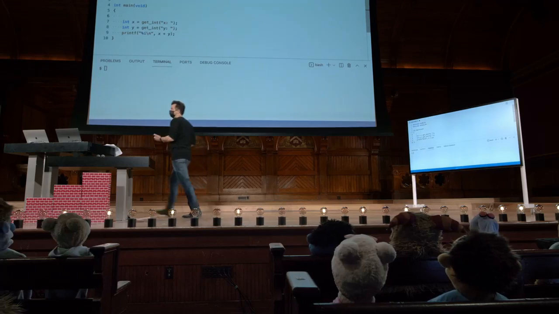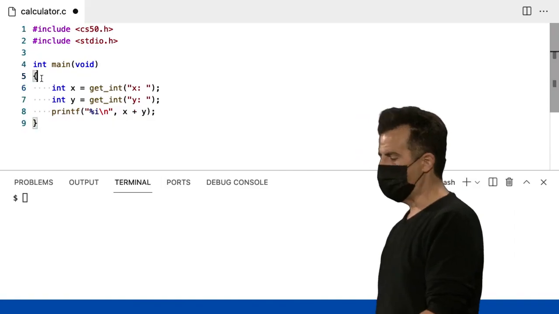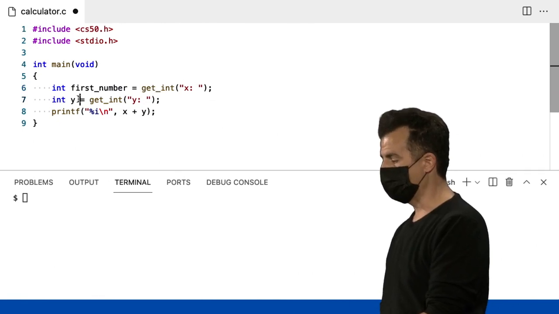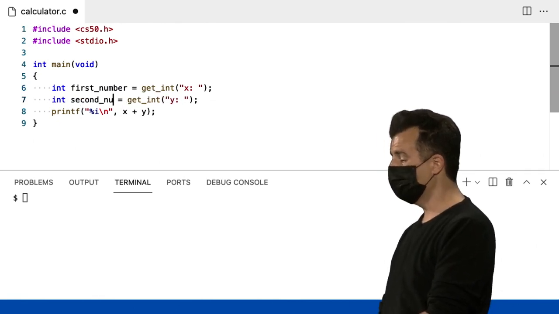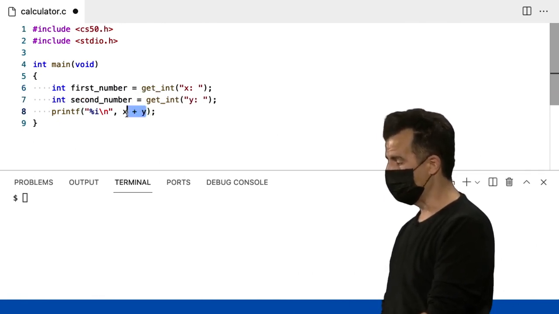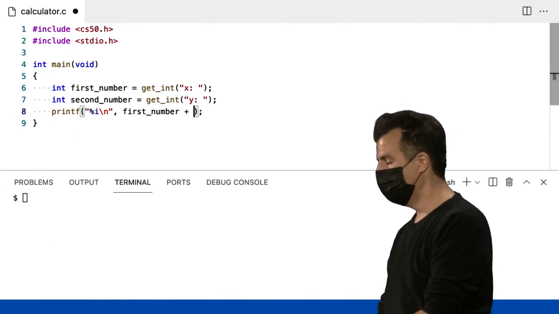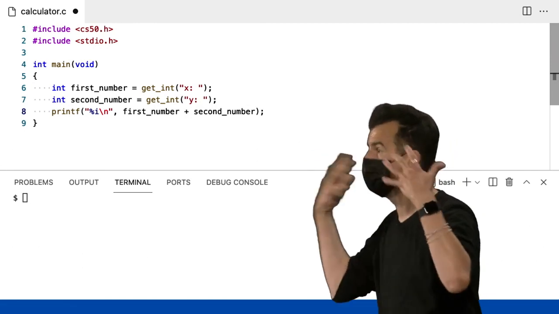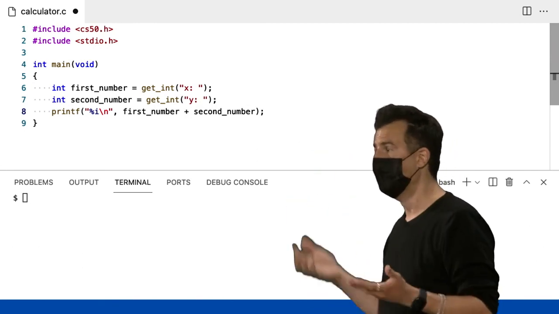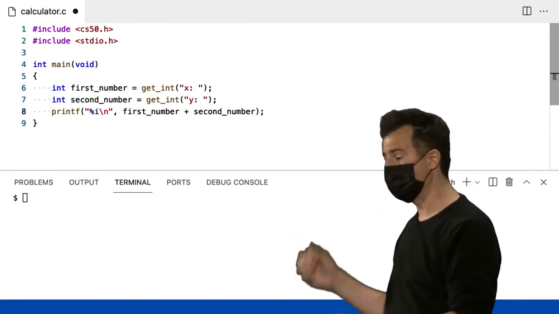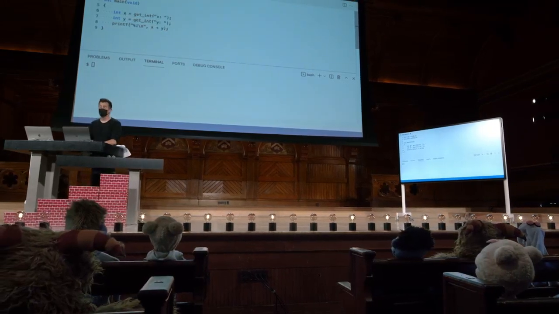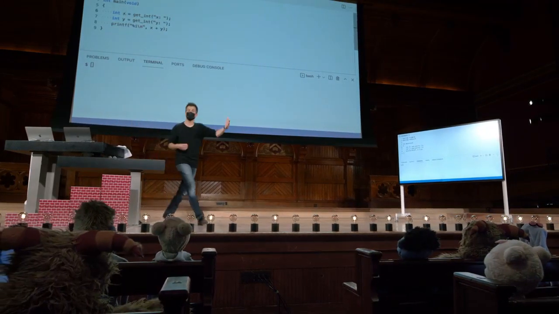I could have done something like, well, maybe my first variable should be called first number, and my next variable should be called second number. And then down here, I would have to change this to first number plus second number. This isn't really adding anything semantically to help my comprehension. But that would be one other direction we could have taken things. So if you have very simple ideas that are conventionally expressed with common variable names like x and y,